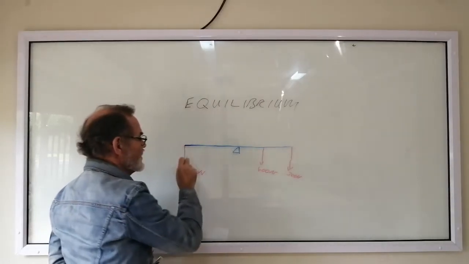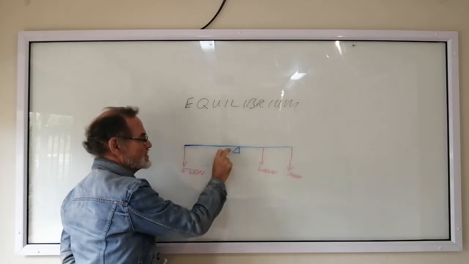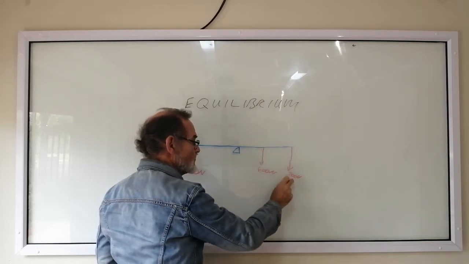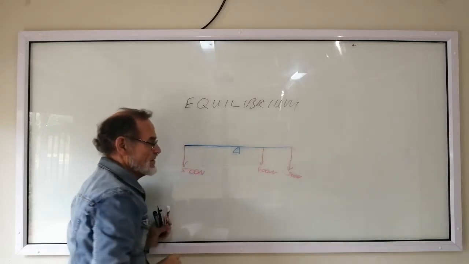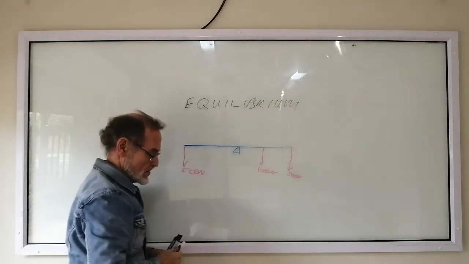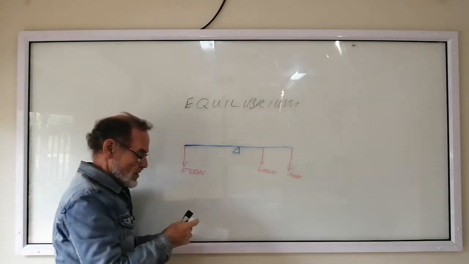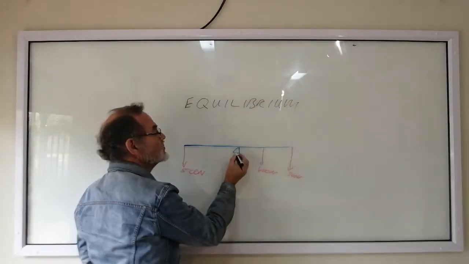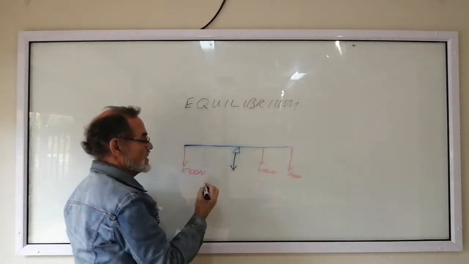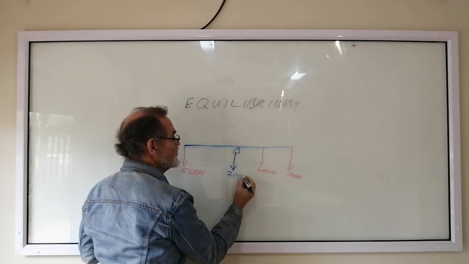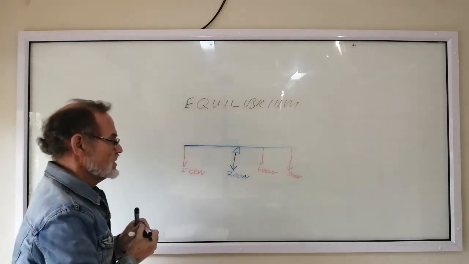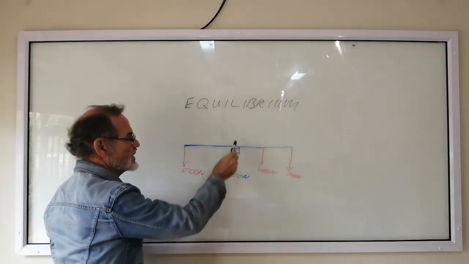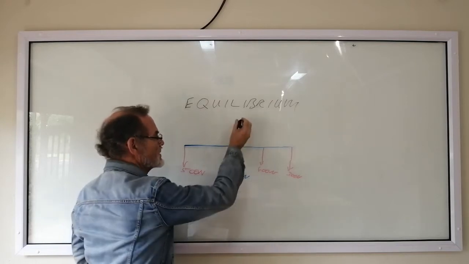In other words, this force multiplied by this distance must be the same as this force multiplied by this distance plus this force multiplied by this distance. Then you will have no clockwise moment. Secondly, you need to take into account the actual weight of this beam. If this beam has a weight of 200 newtons, then you need to add all these forces. These forces will all be acting through this center here,